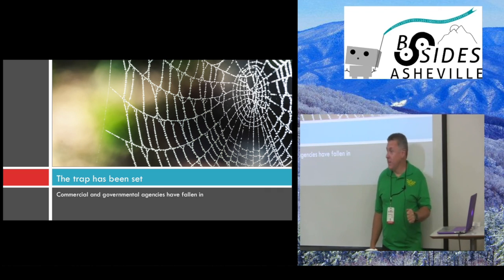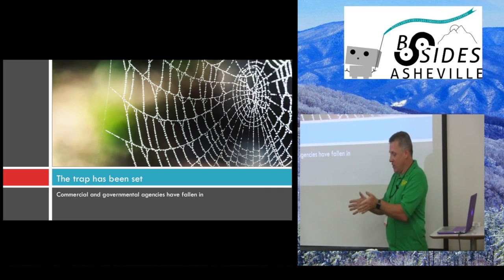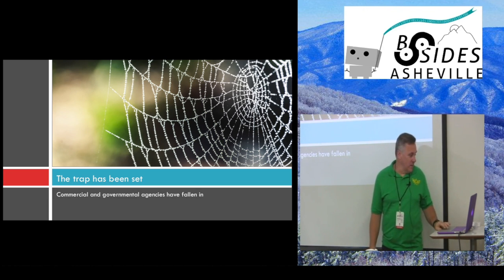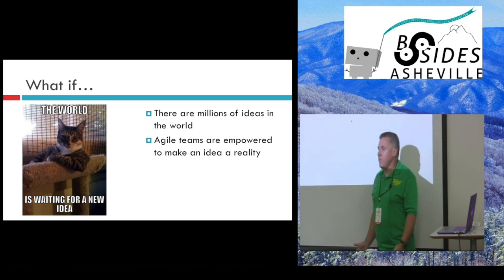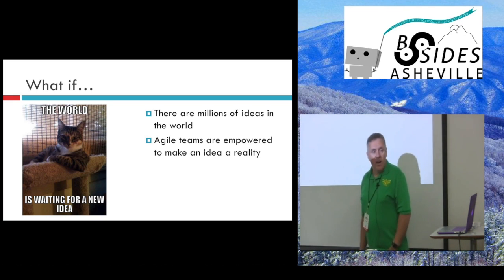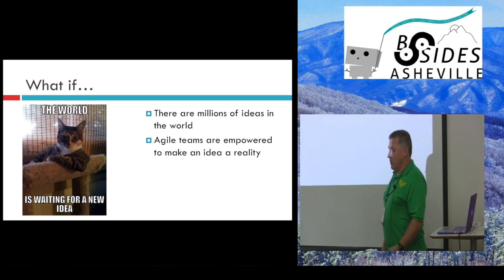So as I said, the trap's been set, the bait is right there. It looks really awesome. And I'll talk about that in just a second. So somebody comes along with a new idea, had to have a cat picture. It's required. Same thing that this 3-letter company was saying. Somebody comes up with an idea, they take a box full of money, they hand it to the Agile development team, and they're empowered to take the idea and make it into a reality. The question is, for those of us here, is it going to be a secure reality or is it going to be Target?